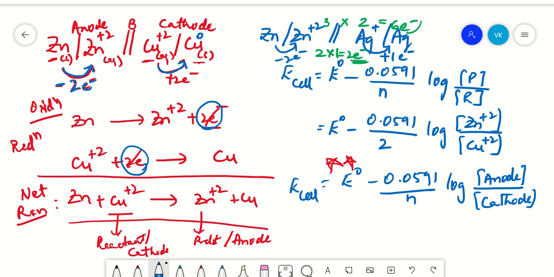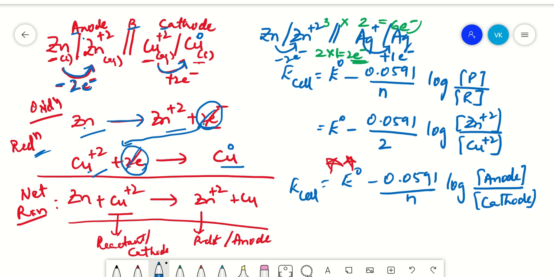And so as I said, A, B, C, this is your anode, this is your cathode and this is your salt bridge, right? Now when you write your oxidation reaction, Zn is converting to Zn plus 2 by losing 2 electrons, right? And reduction, what is happening? Cu plus 2 will be taking up 2 electrons and then will convert into Cu, which is having oxidation state 0, right? Now you write your net reaction, you cancel off these 2 electrons, then you get your net reaction as Zn plus Cu plus 2 give rise to Zn plus 2 plus Cu.